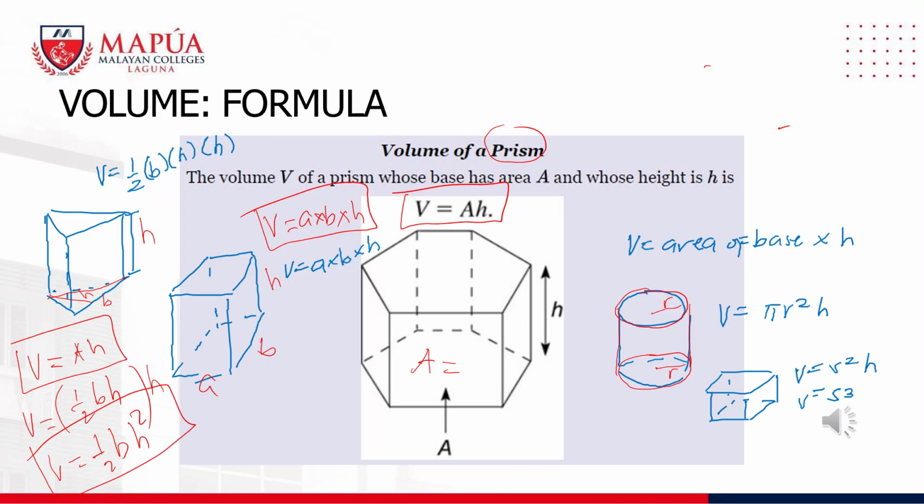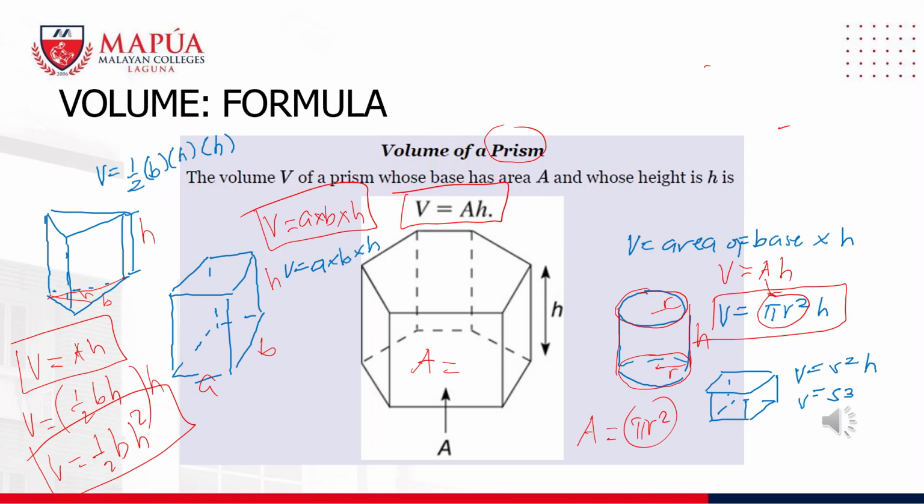What is this height? If this is h, then simply the volume is, again, the area multiplied by the height. What is the area? The area of what? Area of the bottom or area of the top. So assuming the top and the bottom have the same area, what is the top? Circular. What is the bottom? Circular. So what is the area of the circle? The area of the circle is pi r squared. Okay? So that's why we have here the volume is simply area, where the area is equal to pi r squared, this is circular, multiplied by the height.